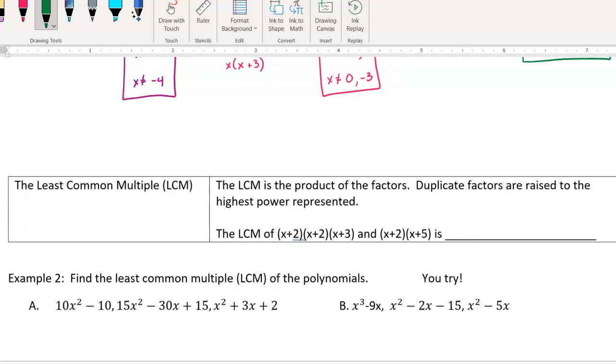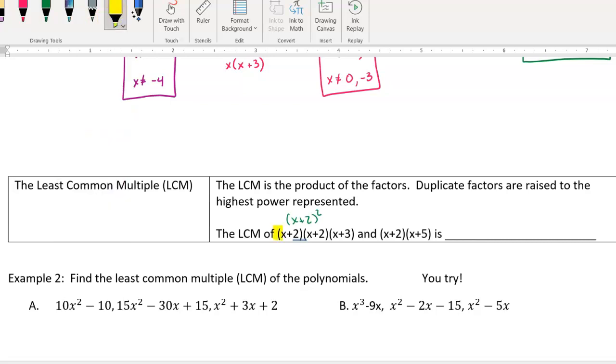But the least common multiple, let's say we have these two denominators. Let's say we have a denominator of x plus 2 and x plus 3, or even look at it as x plus 2 squared. If you have x plus 2 squared, I would recommend recognizing that's the same as x plus 2 times x plus 2. But let's say we have x plus 2 and x plus 3 as our factors in one denominator, and x plus 2 and x plus 5 in our other denominator. Our LCM, our least common multiple, or least common denominator, however you want to look at it,